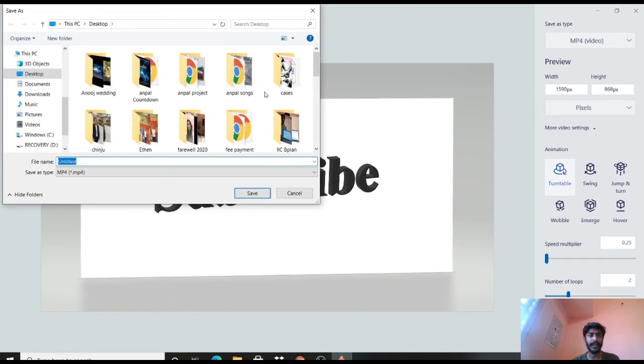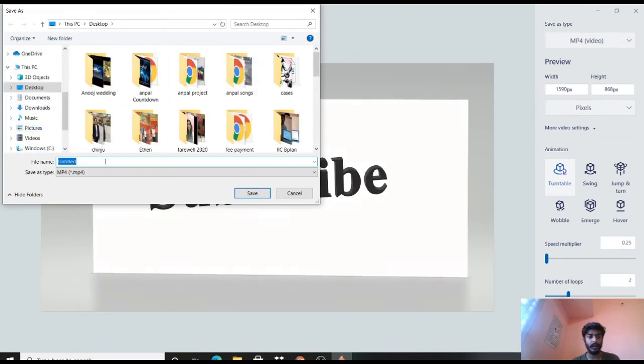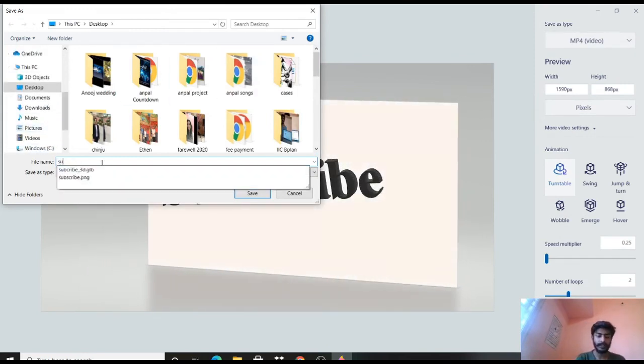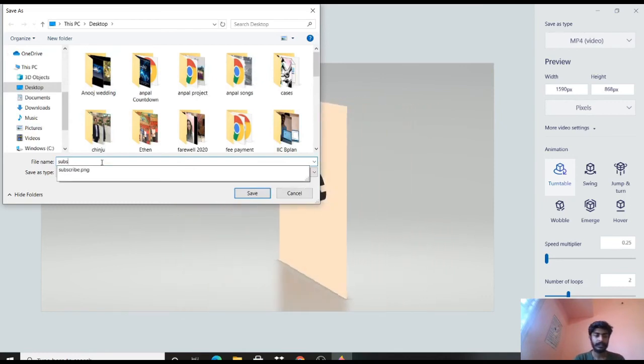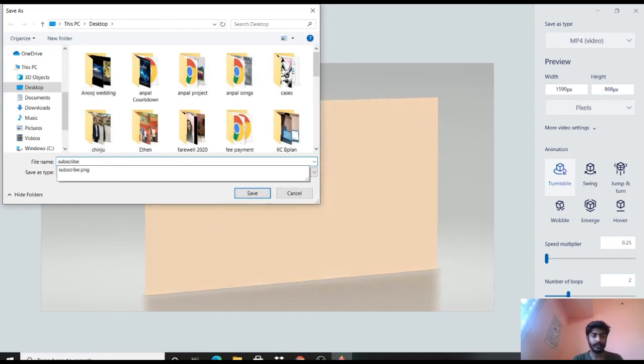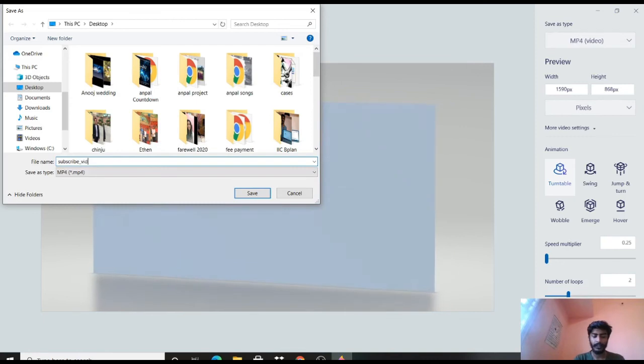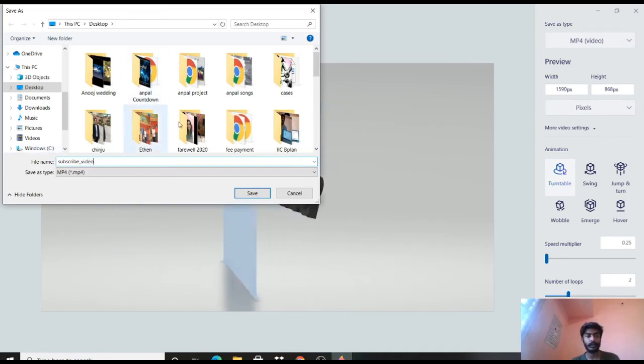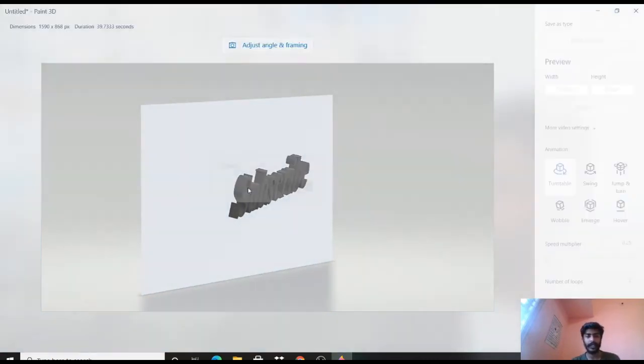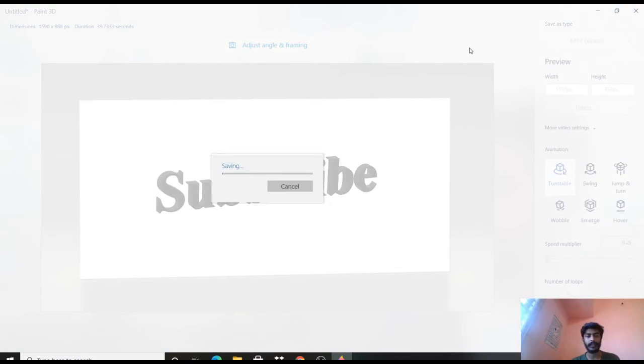Now it takes 2 seconds to open the dialog box, and you can write "subscribe video". So when you do that and save, the MP4 format is used, and you can see an exporting option comes up, and this would take another few seconds or minutes.